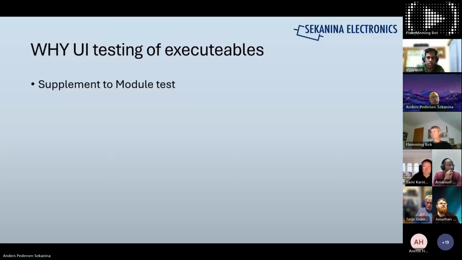Then I will talk about why we want UI testing of executables. We heard last time from Anton about module test, and I would say this is a supplement. There's a lot of things you can do in module test, but when you then take all the modules and add them to your final larger application, yes, and I was just checking the chat if there's any.